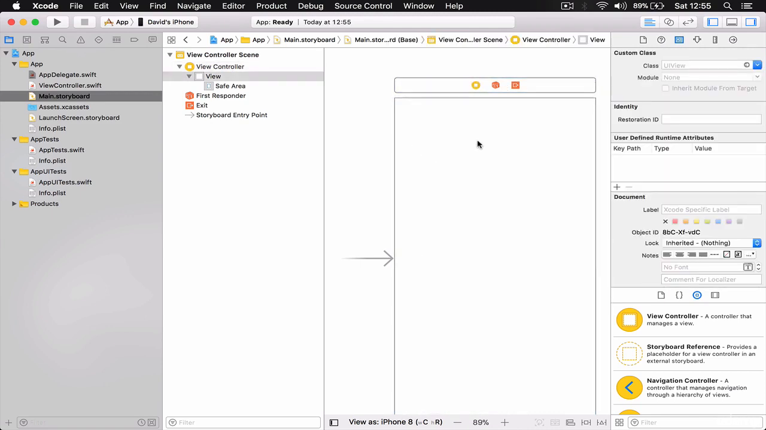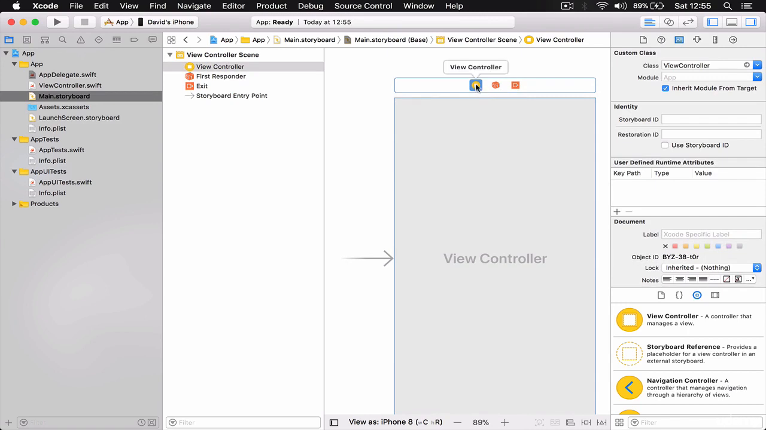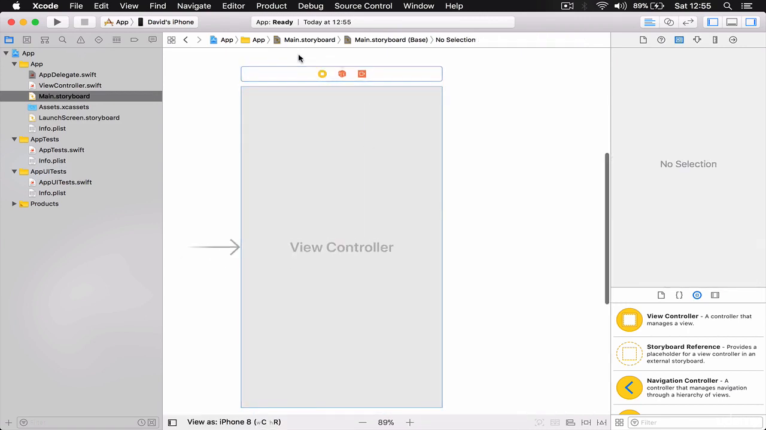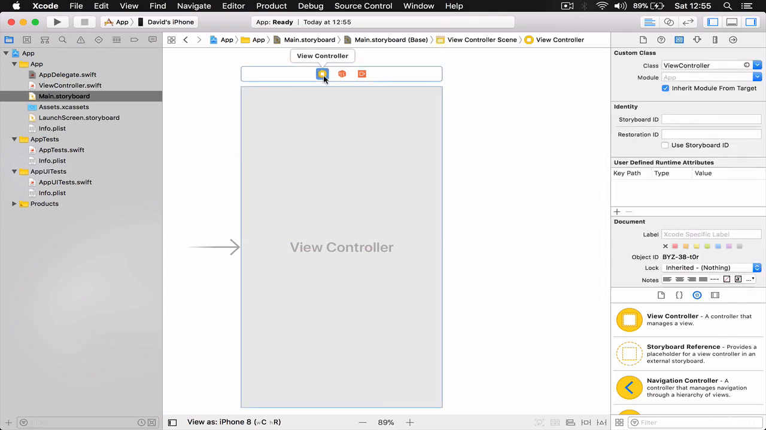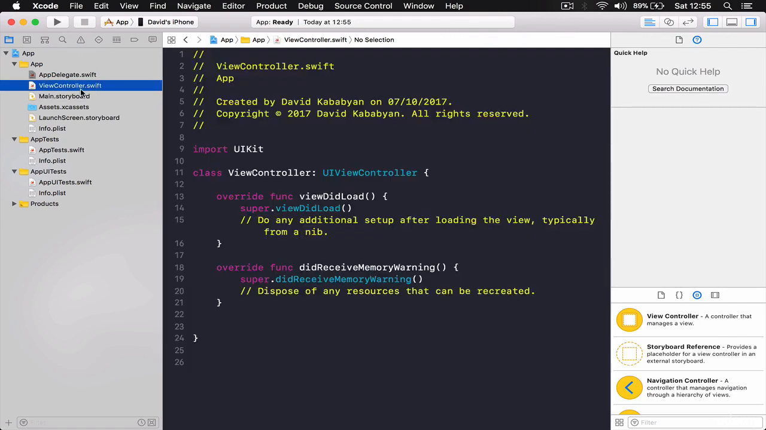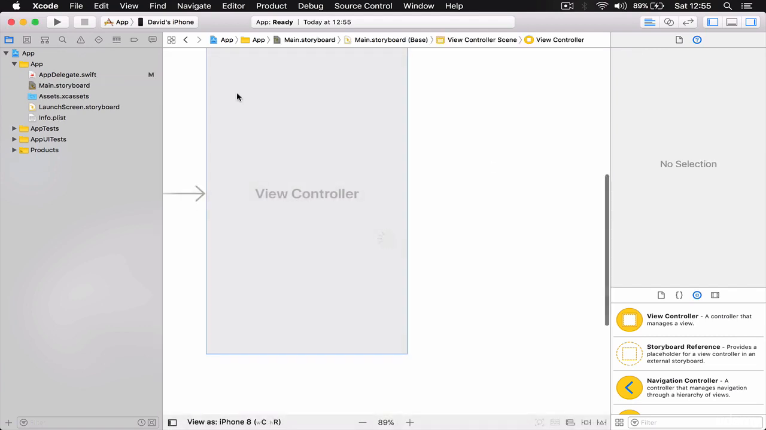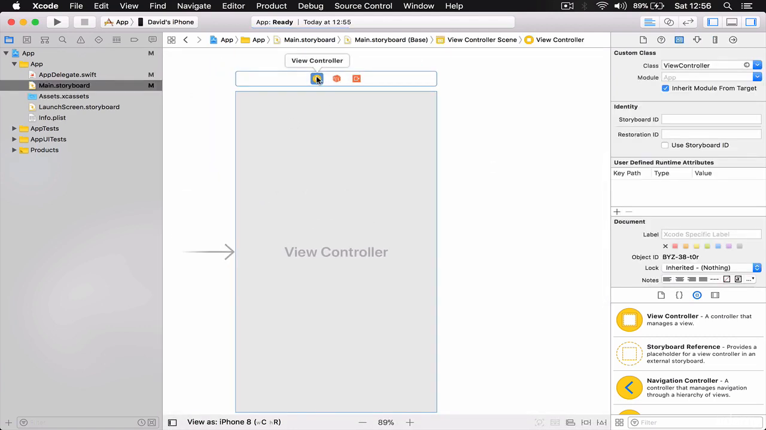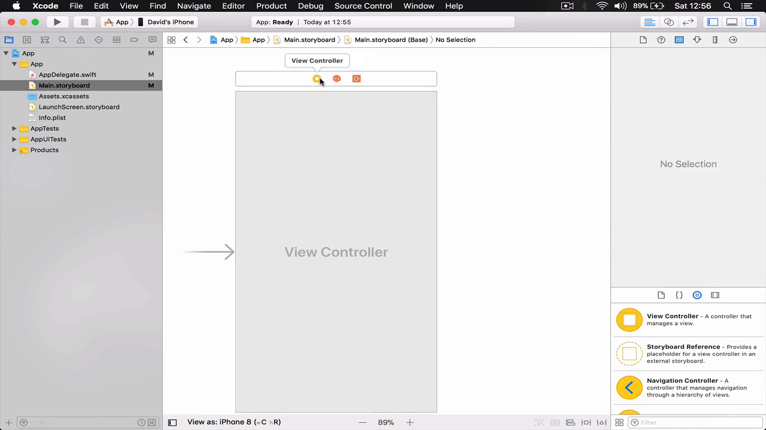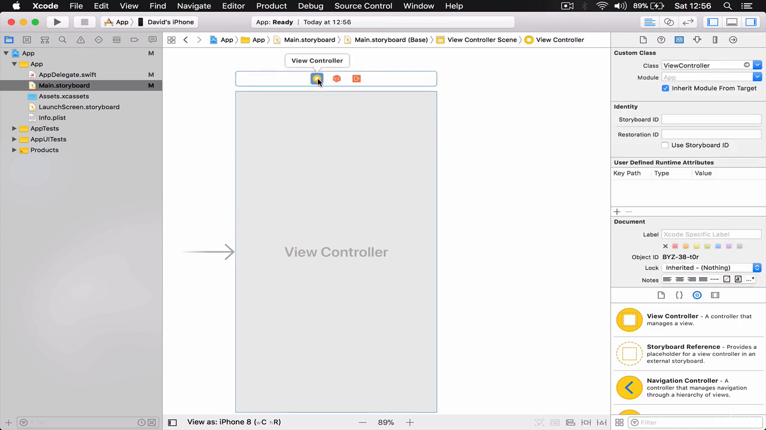For some reason, this new Xcode doesn't really like to delete the views. No. Anyway, let's delete our view from here. Just click delete, move to trash, and I'm going to try to delete the view again. No. Anyway,